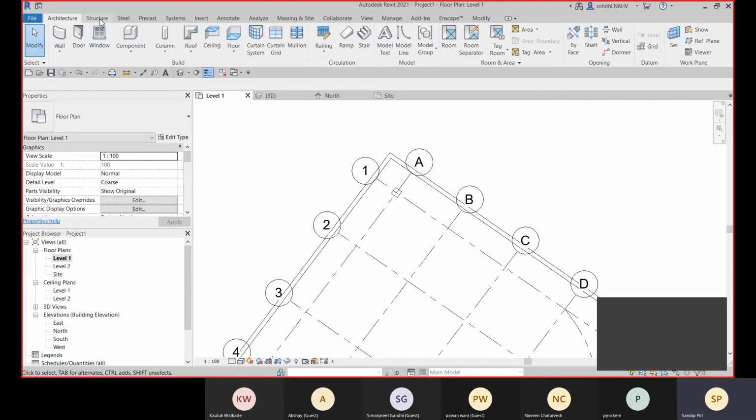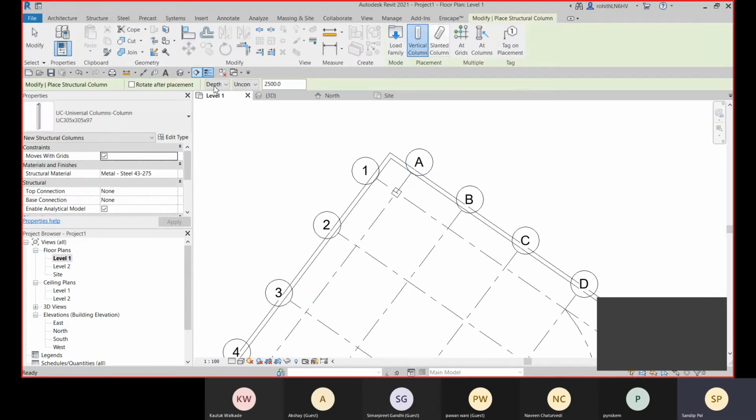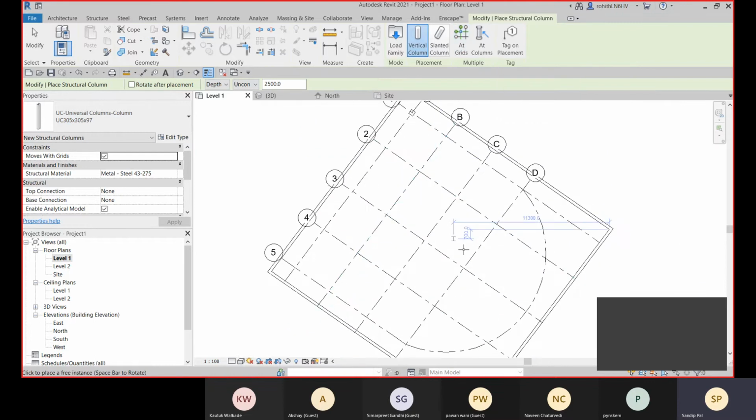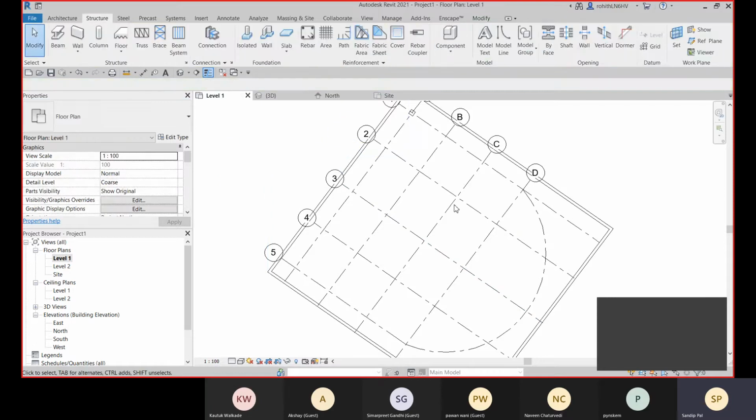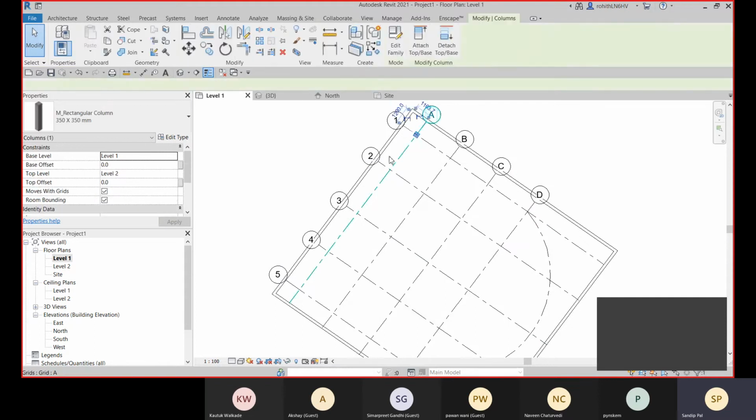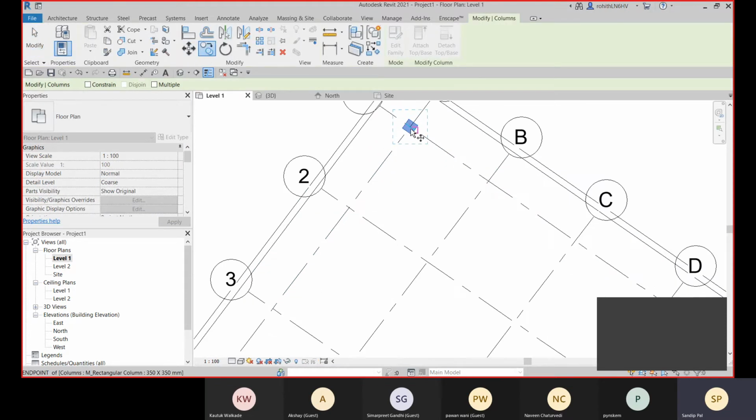Now if you go to the structure also, here you will find this structural column. For placing the structural column, you have this add grid option. So you just select the grid lines, and at the junction of your grids, all the columns will be placed. The intersection point of your grids, all the columns will be placed. So that option is available for the structural column, in the structure tab. So I'm not demonstrating that in this architecture. So this way, for the architectural column, we can simply place it like this.